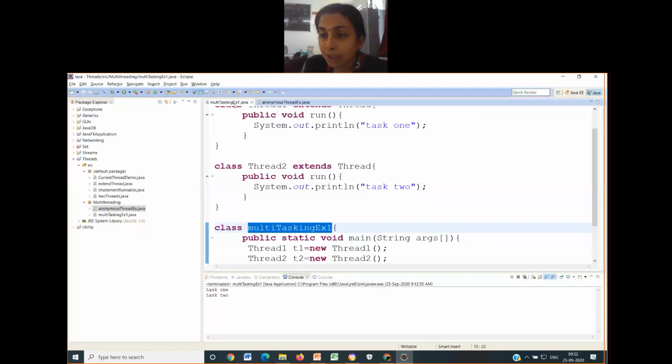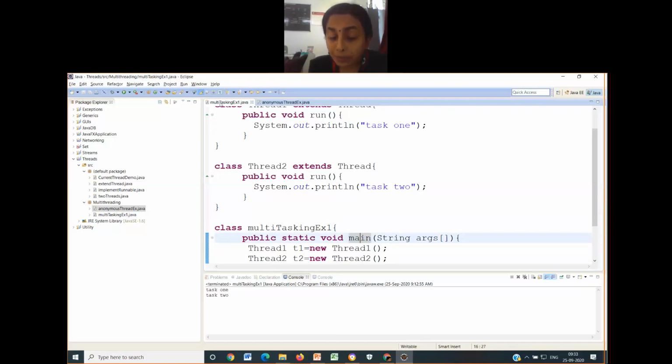What is the meaning of this? The class that contains the main method, that class name has to be the name of the file. I'll repeat. The class that contains the main method, that class name has to be the name of the file. The name of the class which has the main method is the same as the name of the program.